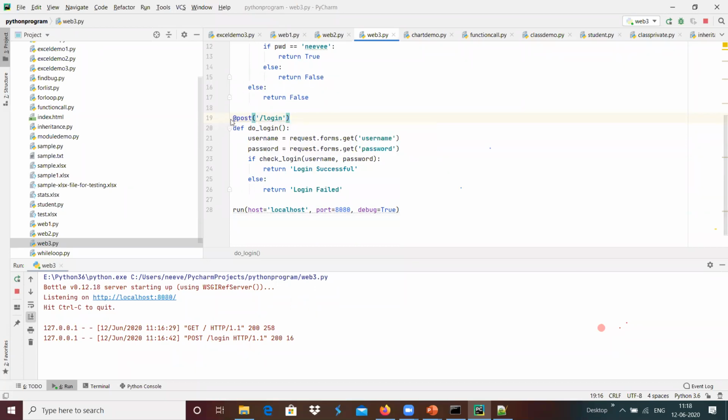For example, the post request to this login will be handled by this do_login, and it receives whatever information is provided in the username and password, and it handles that and tells whether the login is a success or failure accordingly over here.